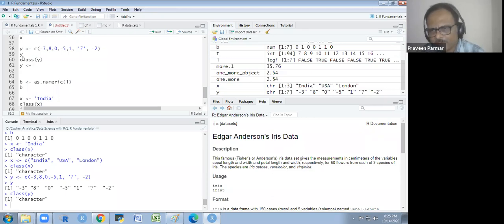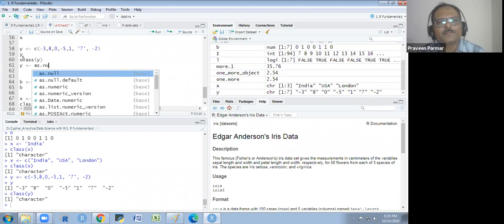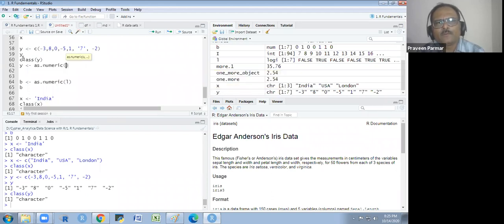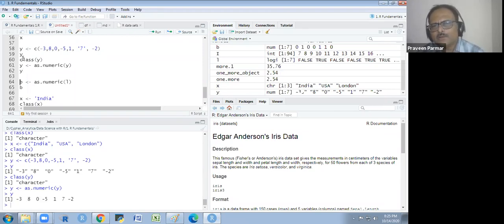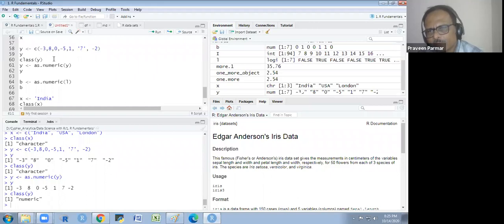I'm using the same name Y and as.numeric Y. And now I will show you the Y. It is without quotes, or we could see the class of Y now. So it is the numeric class now. Does that make sense to you?